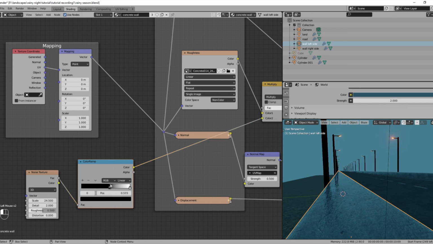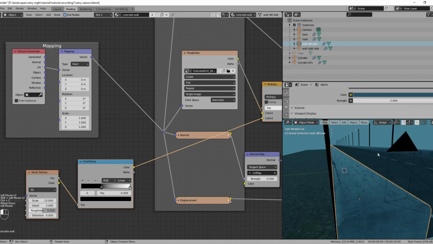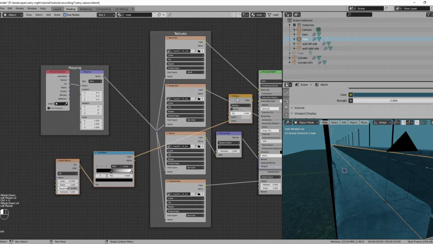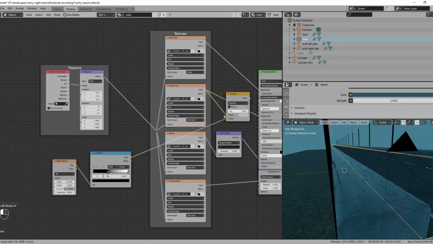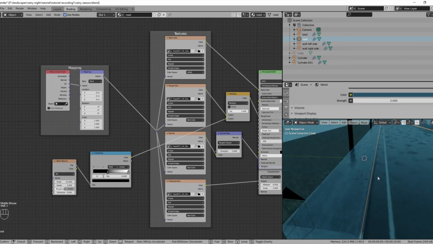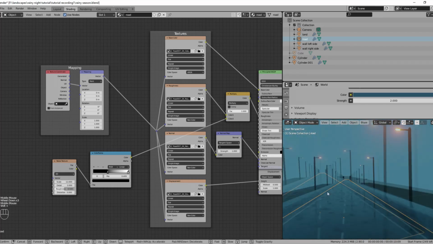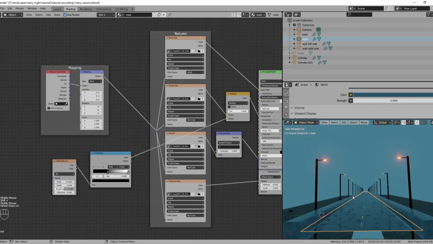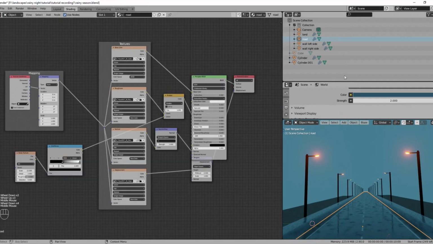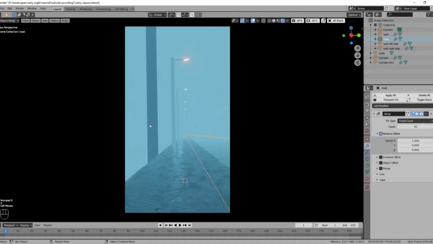And for the road, just select noise texture, color ramp and mix RGB node and press Ctrl+C to copy them, and just select the road and in its textures paste these three nodes in here by pressing Ctrl+V, and connect the output socket of roughness map to the first socket of the multiply node and output of multiply node to the roughness input in the principal BSDF node, and this will make the road wet. And as you can see, this is already giving the pleasing look, and now we just need to give some final touches as we can add trees, etc.